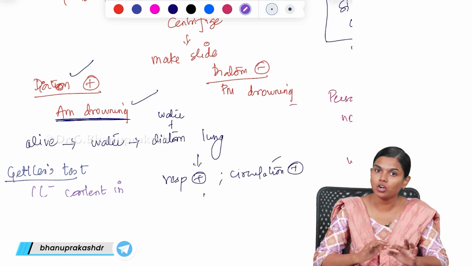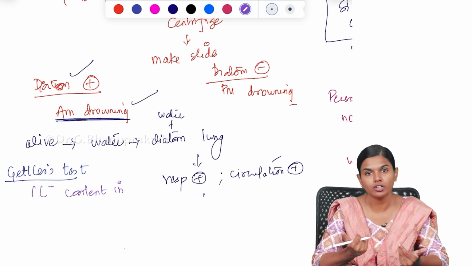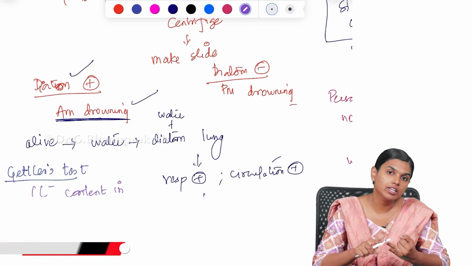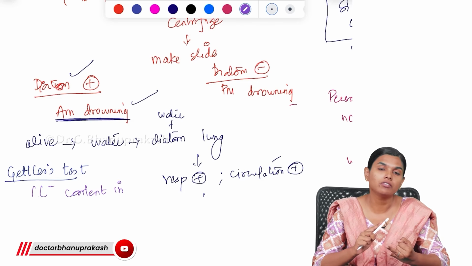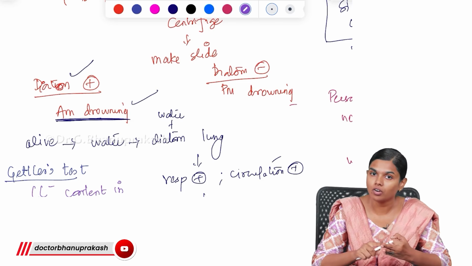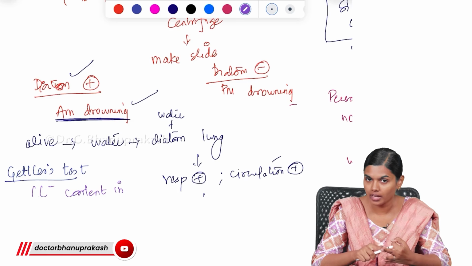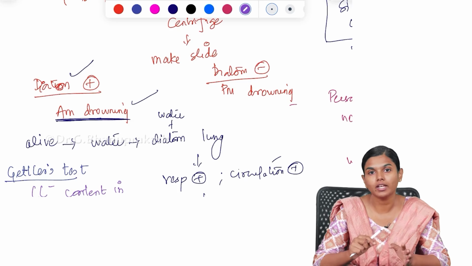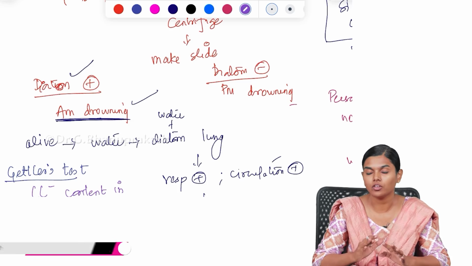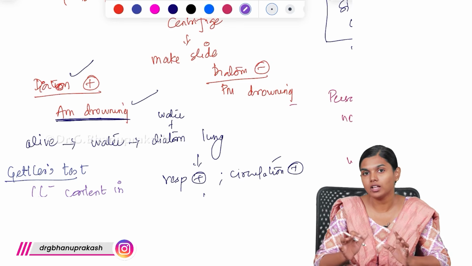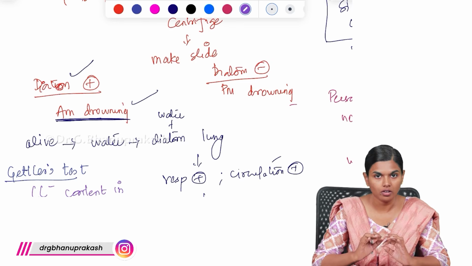And antemortem and postmortem drowning, how do you differentiate? Presence of cadaveric spasm, presence of vegetations or any dirt beyond the bifurcation of trachea, especially in the terminal bronchiole, presence of froth beyond the bifurcation of trachea, then a positive diatom test, especially from organs taken from the periphery like your femur or brain or liver. So these are the important things that we have to remember in case of drowning.